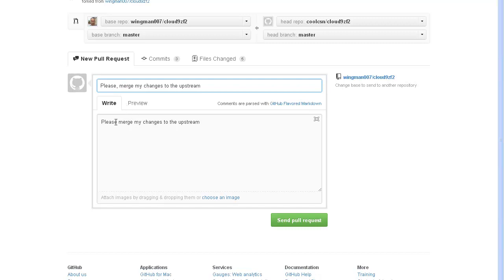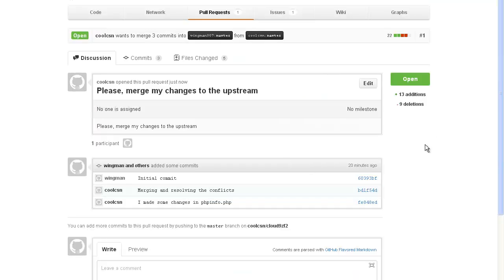Send pull request, and I'm going to log in as a professor, see the pull request, merge it to the upstream, and after that I'm going to change my hats again. I'm going to pretend that I'm a student, and I have to pull from the original repository, from the upstream. Okay, so that's done for now. Let's log out